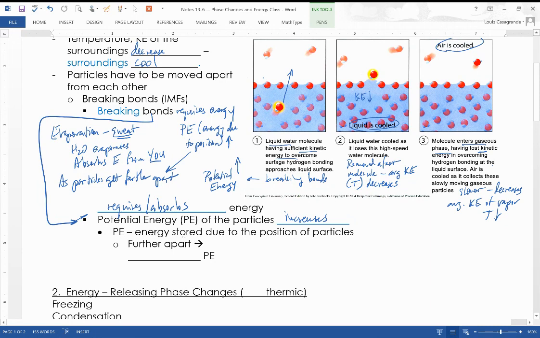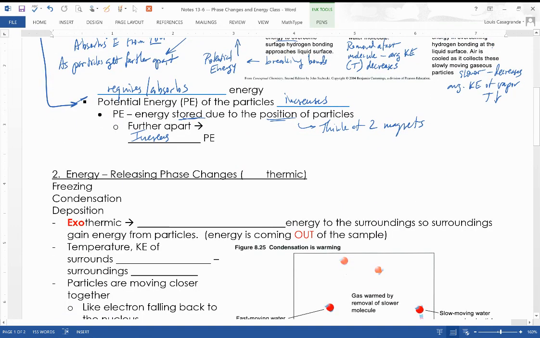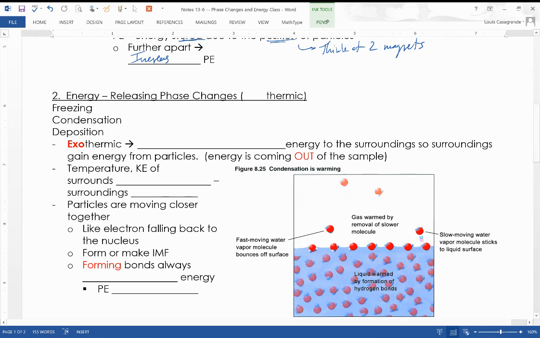And potential energy is energy stored. So we're actually storing energy by melting something or by evaporating it. We're putting energy in that can be taken out when the reverse process happens, due to the position of the particles. As I said, think of two magnets. You pull them apart, they're breaking that separation, that force that holds them between, and the further apart, it gets an increase. Increases the potential energy. So those are all processes that increase the potential energy and absorb energy from